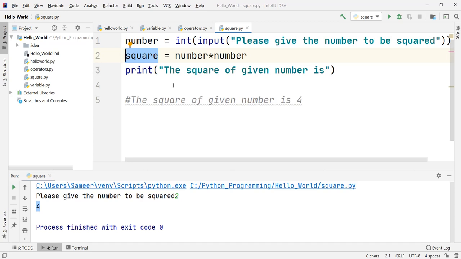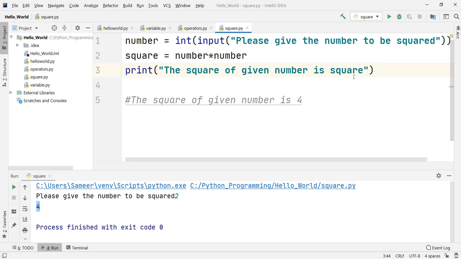Okay, so how can it be done? Just think over it. We have seen it in the earlier video. So what is the way by which you can do this? After this line of code, I want to print the value of this in the code. Suppose if you write it like this, square, whether it will work? No, because it will print this line of code as it is.